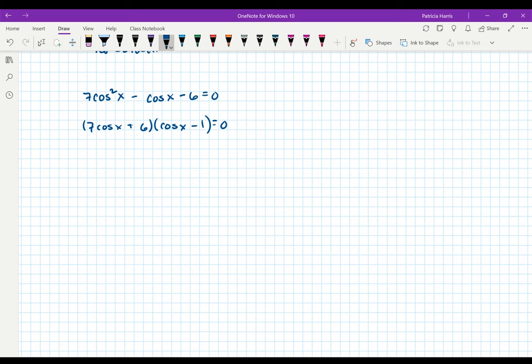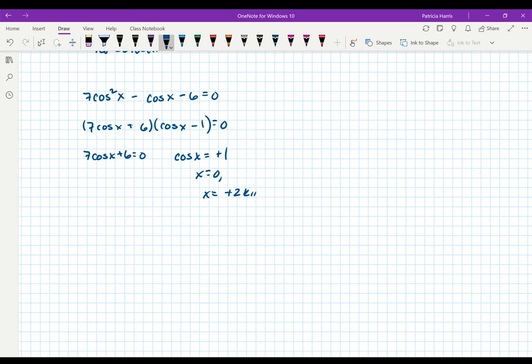Got my signs wrong, I apologize. Okay, so let's solve that one. This value is on the unit circle. That happens at 0 and 2 pi, but since it's at 3 pi, that's all I need to do. So that gives me an answer of